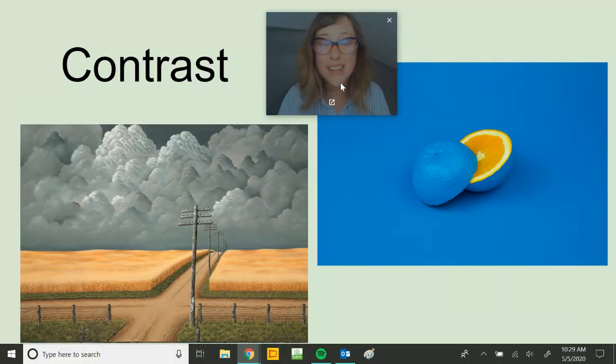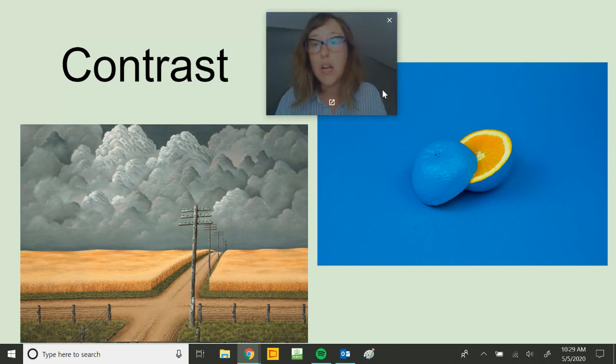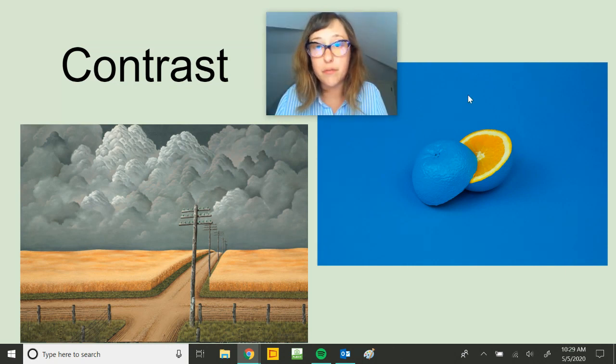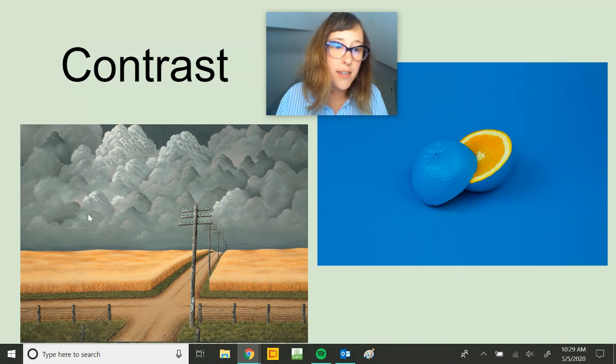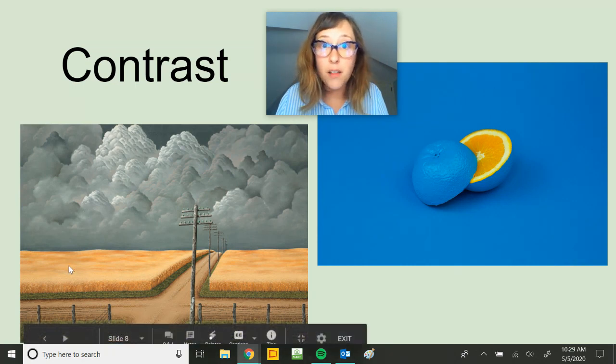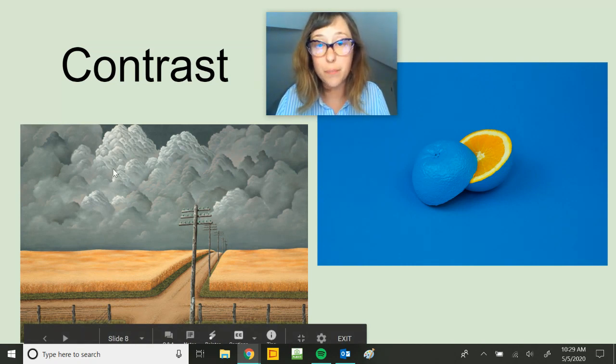And last one is contrast. Contrast is kind of like emphasis, where there's one thing that kind of catches your eye because it's different. This orange part is very different than the rest of the blue. And in this kind of stormy landscape painting, the bright colors of the corn are really, really bright compared to the very dark stormy clouds. So that is